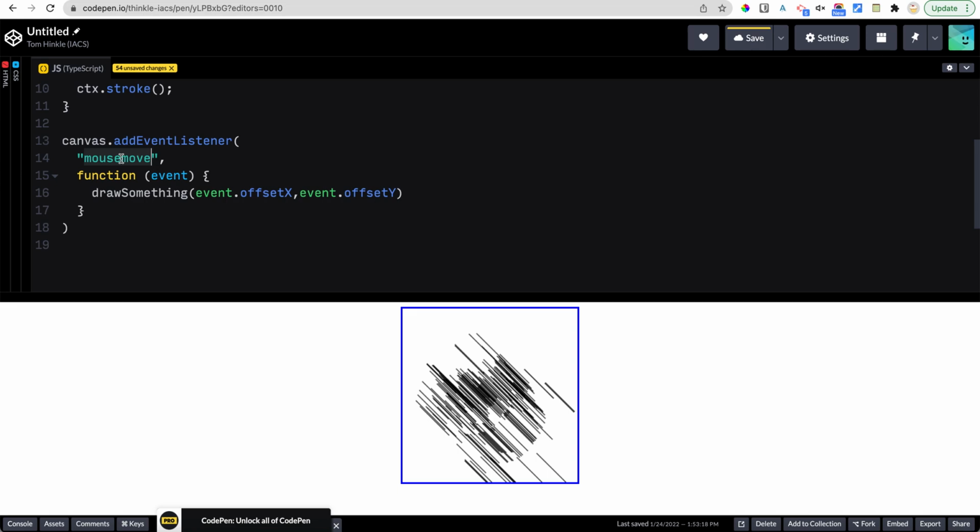I'm just going to quickly add another. You can have more than one event listener, so you can make as many of these as you want, and you can respond to different actions. So I'm going to make it so that double clicking just clears the screen. So this will say